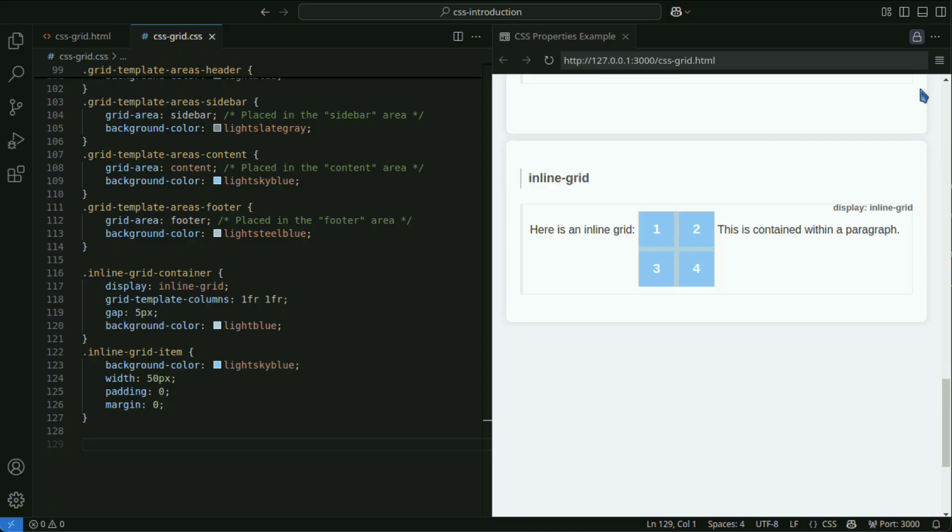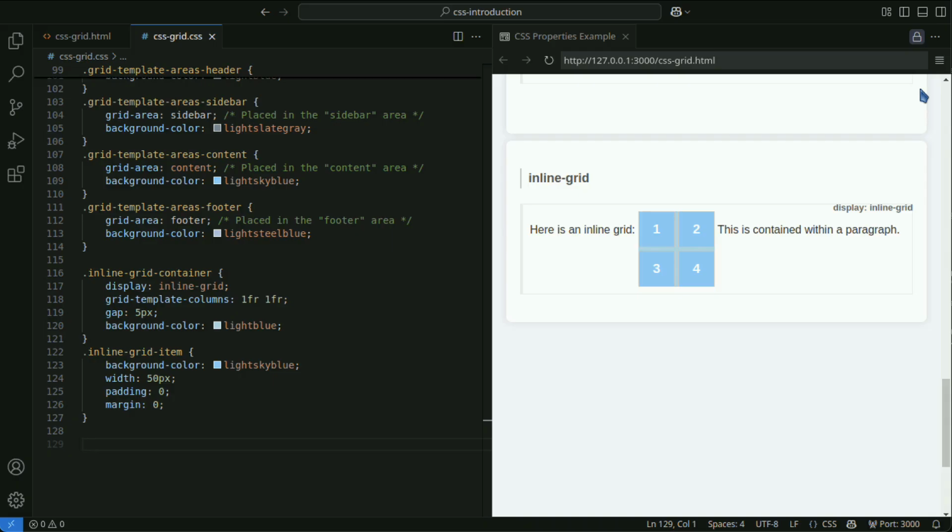Inline grid is not as common as grid, but it can be effectively used in specific scenarios. Grid within inline context. Useful when you want to place a grid alongside text content or other inline elements. For example, it is helpful when a grid structure is needed for buttons, badges, labels, etc., but you want to display inline without disrupting the text flow.